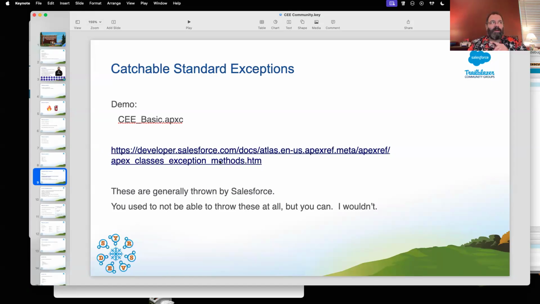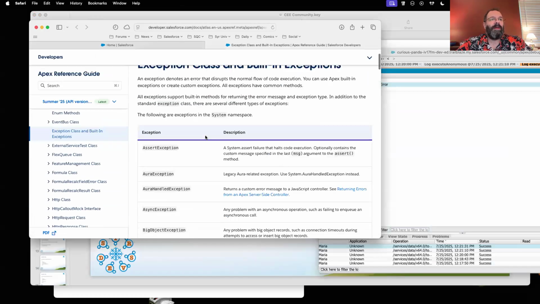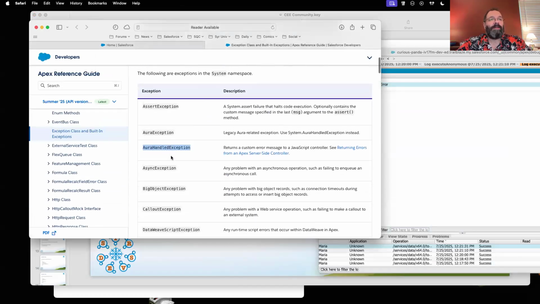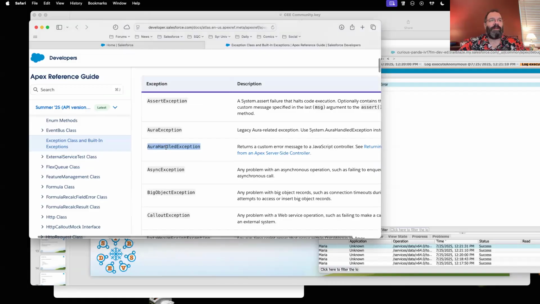Only exception there is the, what is it called? It's the OR one, and I can't remember the name of it. Or handle exception. The only reason I would throw this standard one is because then it tells your OR components, and I think your Lightning Web components, hey, something bad happened on the Apex side, you go deal with this on the front end. So that's my only exception.